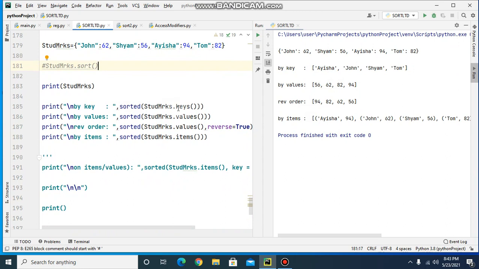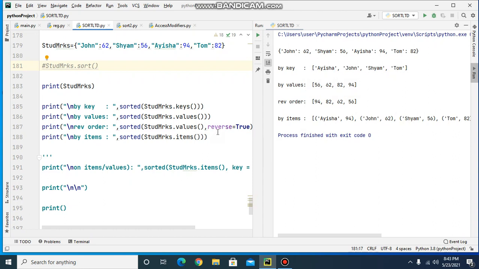So this is the sorted list by key. We have got the output as a list. When we are sorting by key, it has sorted in the alphabetical order of key starting from A to T. Now when we are sorting by the values method, it has sorted in the ascending order of the values starting from 56 to 94.